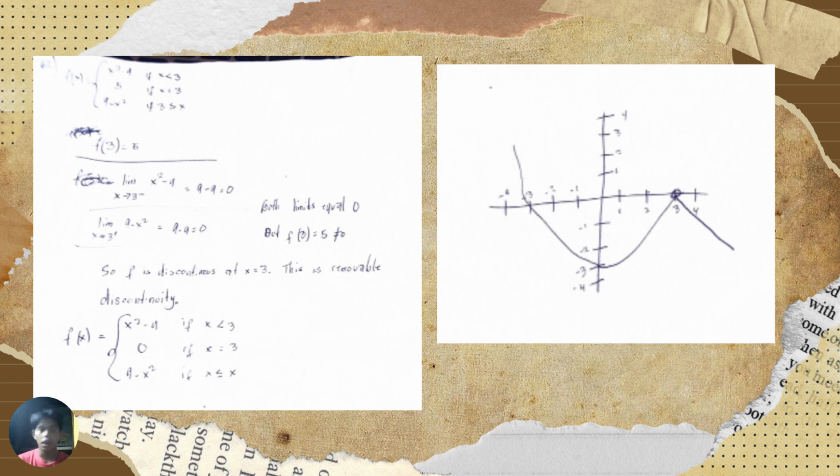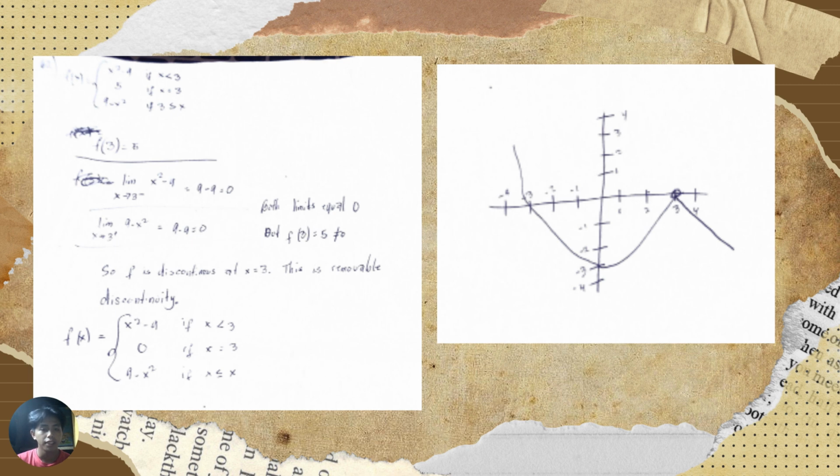So I put here that f of 3 is equal to 5, since it is based on the given. And then the second step that you're going to do this time is